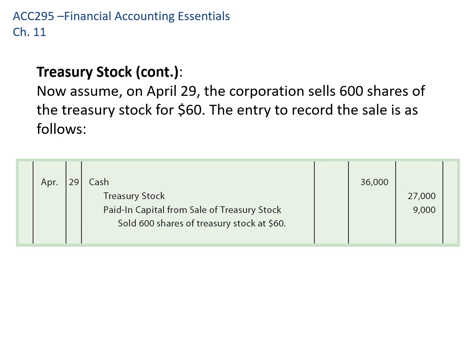Now, if we later reissue or sell some of those treasury shares, we're going to debit cash for the cash we receive for the shares. We're going to credit treasury stock, and this is important. We're going to credit treasury stock at the cost that we paid for it. So it's going to go into that account at cost and come out at cost. So if we purchase 1,000 shares and then sell 1,000 shares, that account will zero out.